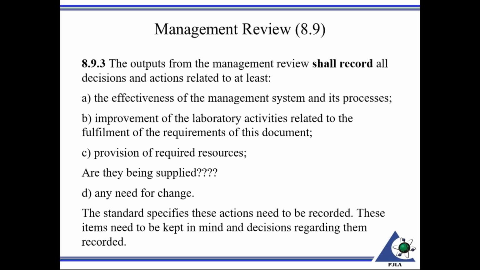So 892, of course, is input. Now, if you look at the requirements for 893, there's a section for outputs, and you see it shall record all decisions and actions related to at least. So looking at a management review, as per the shall there, you shall record on your management review record that these output items were taken into account, and ideally force the hand a little bit here and